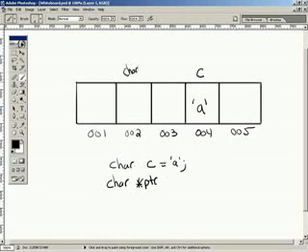Since PTR is a variable, it is a variable itself, so it's going to be stored at a memory address. Right. And currently it doesn't have anything in it. So when we say PTR equals ampersand C,